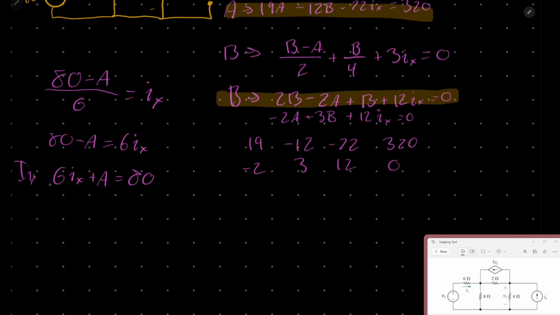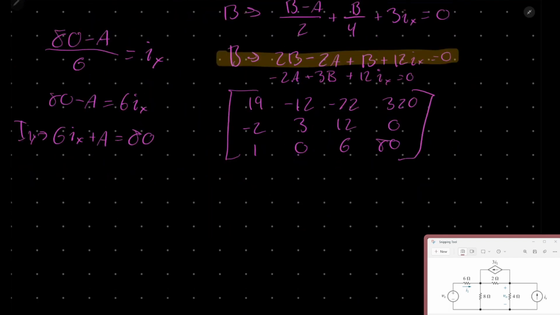And then we'll add this equation right here for our ix. And remember to line everything up. So this will be 1, 0, 6, 80. And now you can plug that into your calculator and get the reduced row echelon form of it. And when doing that in your calculator, you end up with A is equal to 42.67 volts. B is equal to 3.56. And for our IX, we get